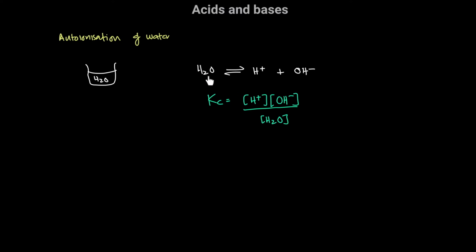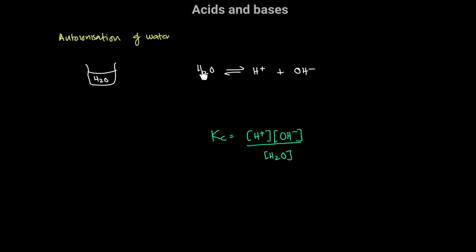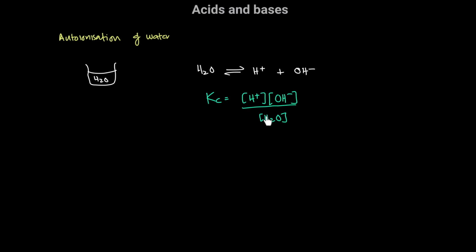So if I had some initial amount of water, and at equilibrium a very small fraction ionizes, we can say that the concentration of water remains unchanged. The concentration of water is a constant throughout, because there is such a large excess of water that the amount of water molecules you had before ionizing and after ionizing is roughly the same. We can take this as a constant. So therefore, we can say that